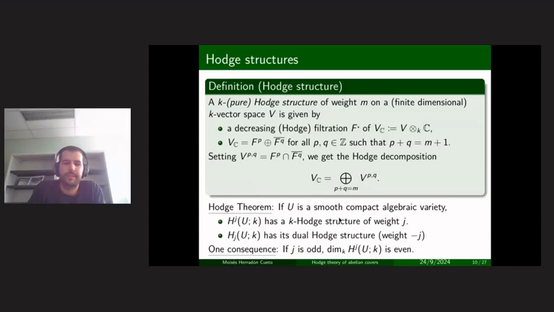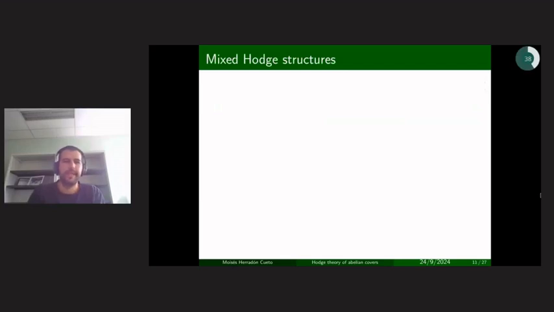So the reason to look at mixed Hodge structures is so that you don't have to say smooth or compact here. And then you don't get pure Hodge structures, you get mixed Hodge structures. So pretty much if you take Hodge structures of different weights and you add them all together as a direct sum, that's a mixed Hodge structure. Then the definition is slightly more general. They're not all direct sums, but I think that's a pretty good idea of what they are.